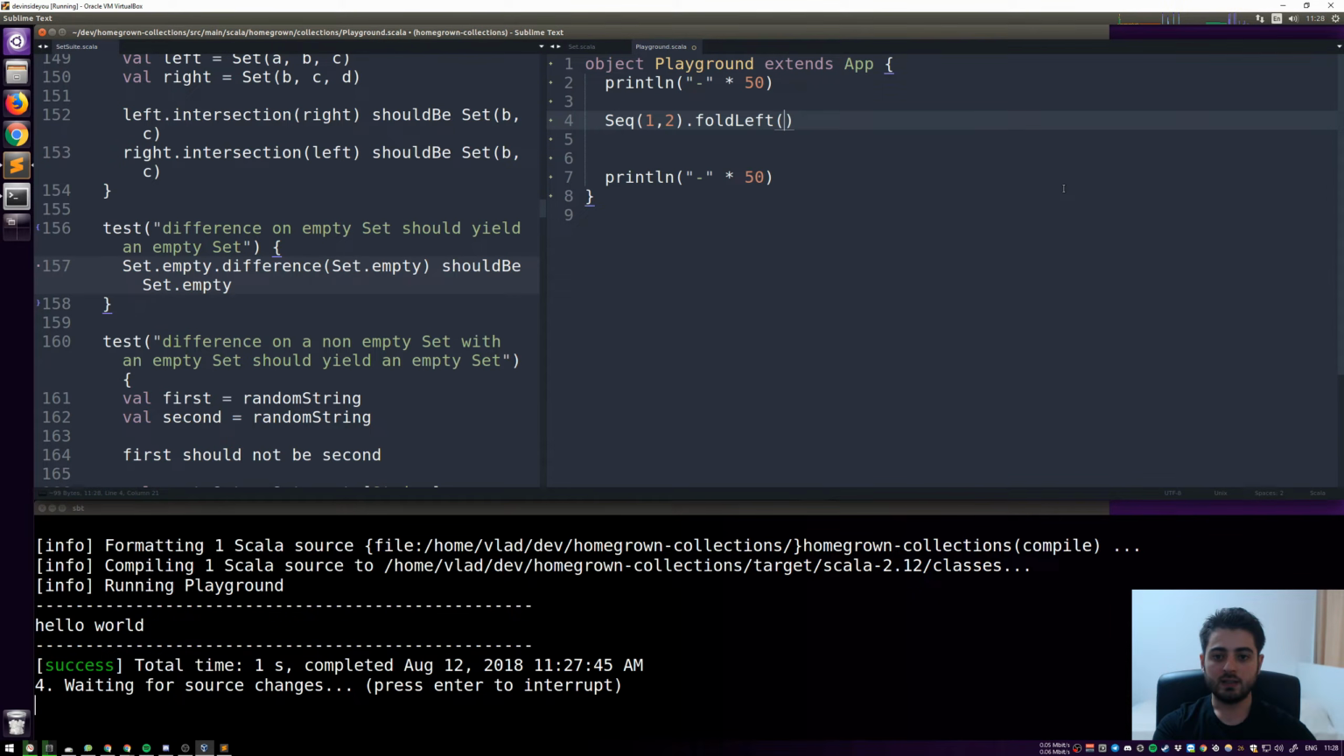So it has fold left, for example, with 0, right? And what we're going to do is subtract. So we're going to subtract the first one from the second one, right? So the result of this is going to be